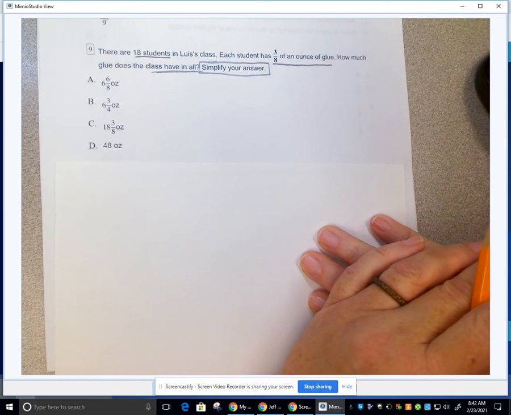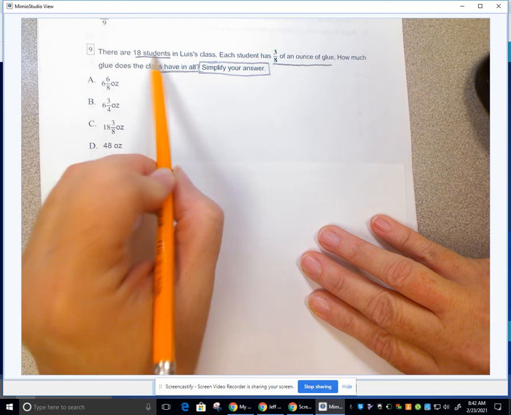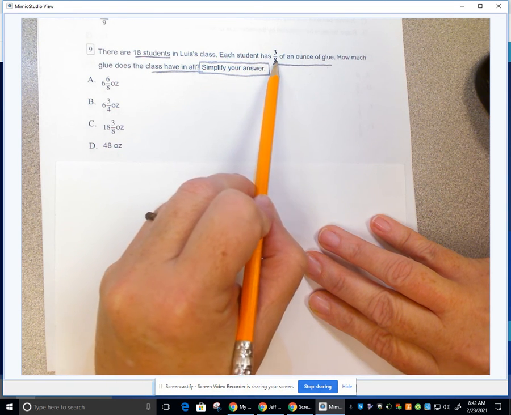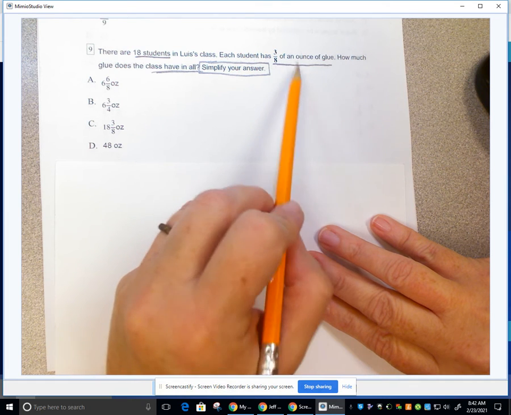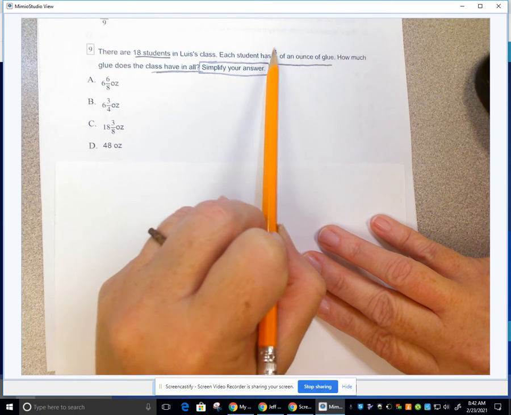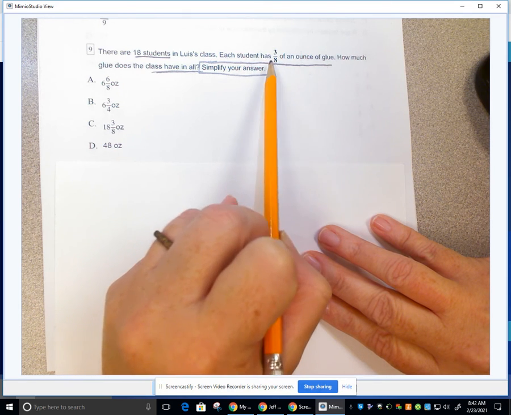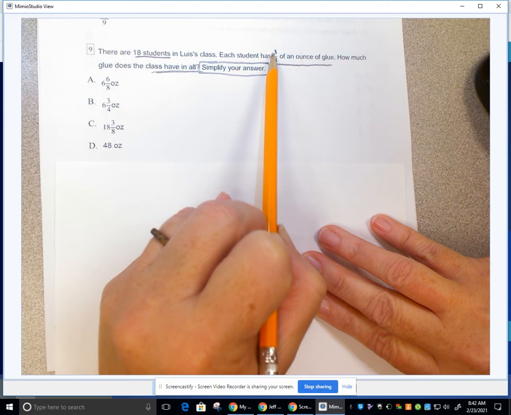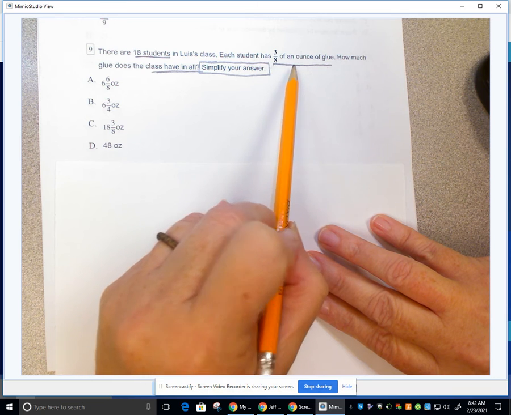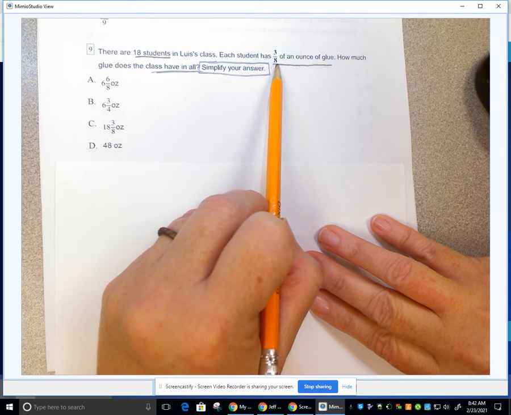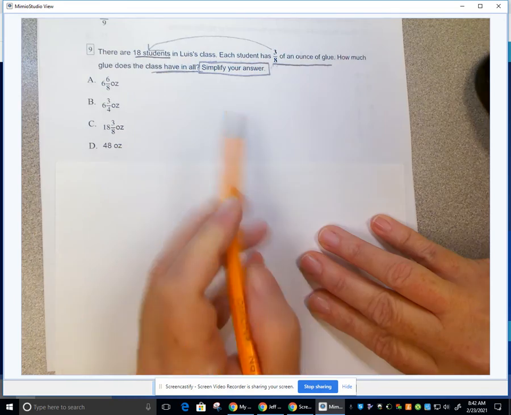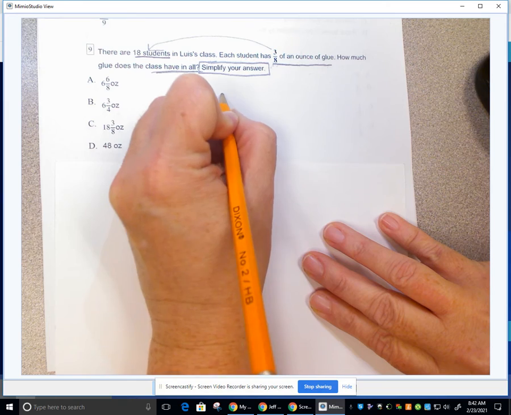Well, let's think of the situation. We've got 18 students. Each student has 3/8 of an ounce of glue. So they all have a piece of an ounce, don't they? Student 1 has 3/8. Student 2 has 3/8. Student 3, 3/8. All the way, 18 students have 3/8 each. So that means 3/8 is happening how many times? It's going to happen 18 times. So I could just say 18 times